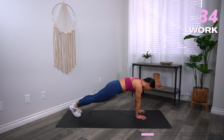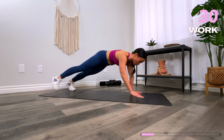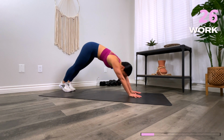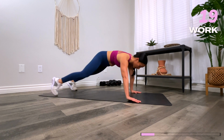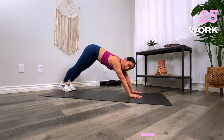Now your hips are gonna wiggle side to side, and that's totally okay. What I want you to try to maintain is that proper plank form. As we move side to side, you wanna keep those shoulders right on top of the wrists. Common tendency is as we start doing this, you're gonna start to bring those hands in front of the shoulders